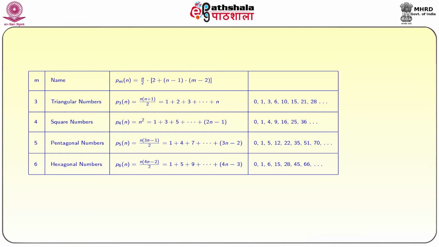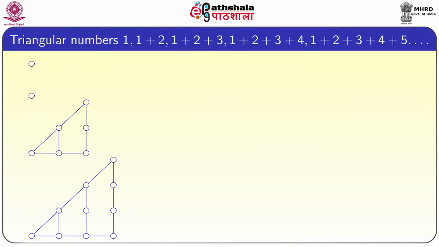In this way we can extend it further, meaning not only for 6, we can add 7, septagonal numbers, octagonal numbers, like that we can extend this system. So, now we will see geometrically why these are called triangular numbers, square numbers and so on. If you look at triangular numbers, first we have only one dot. So, now that is 1.